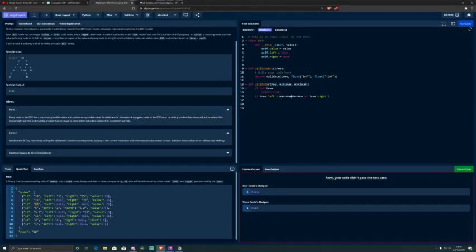And we want to invalidate it, so it has to be the opposite way around. Return